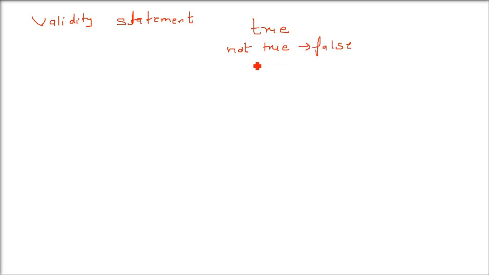But this totally depends upon which of these special words you're using, like or between two statements, or and, or which of the implications you are using. Implications we learned last time: if then, if and only if.